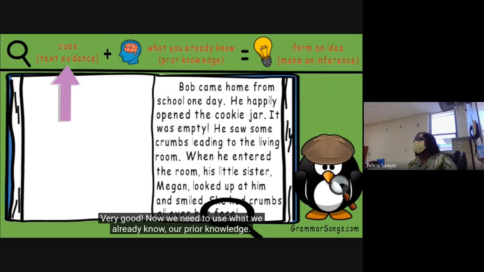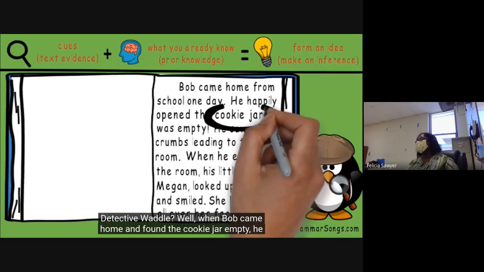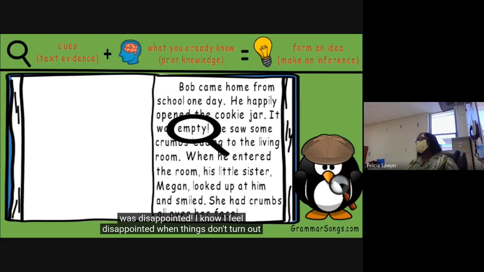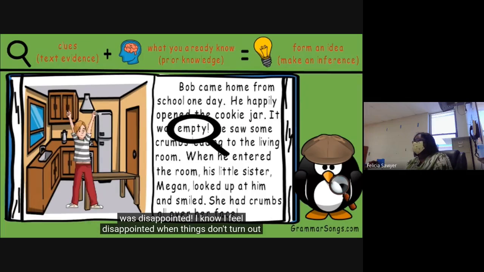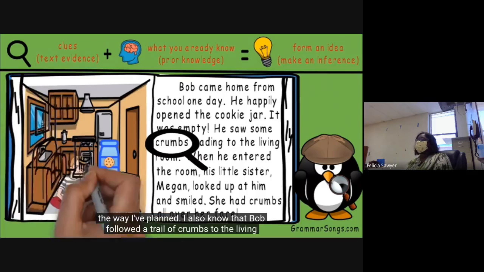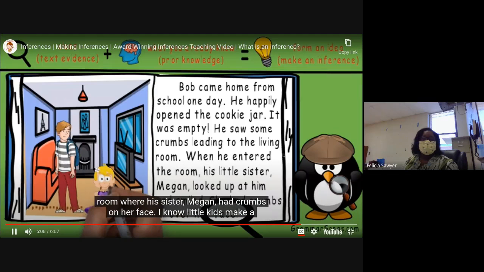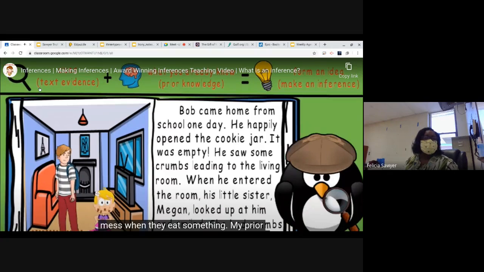Very good. Now we need to use what we already know, our prior knowledge. Detective Waddle? Well, when Bob came home and found the cookie jar empty, he was disappointed. I know I feel disappointed when things don't turn out the way I planned. I also know that Bob followed a trail of crumbs to the living room where his sister Megan had crumbs on her face. I know little kids make a mess when they eat something. My prior knowledge